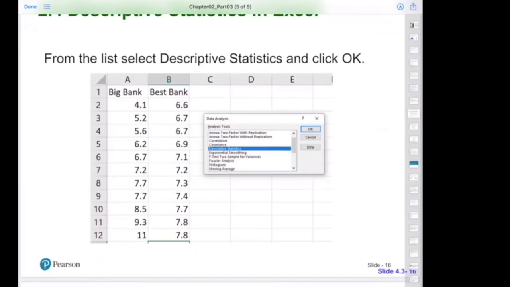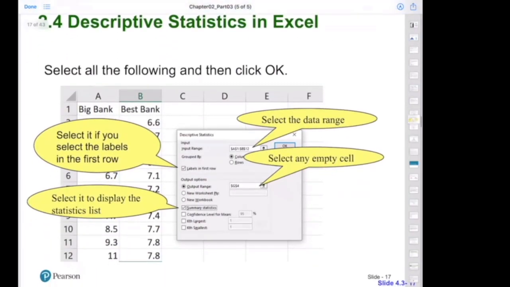You will choose descriptive statistics, and then you will select the data in the input range. If you put the data in columns, you will say it's in columns. If it's in rows, you will say it's in rows. If you selected the labels in the first cells, you have to click on labels in first row, and